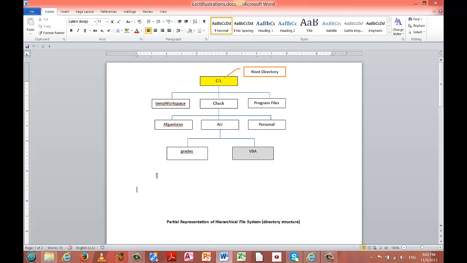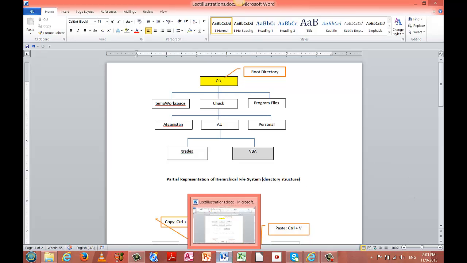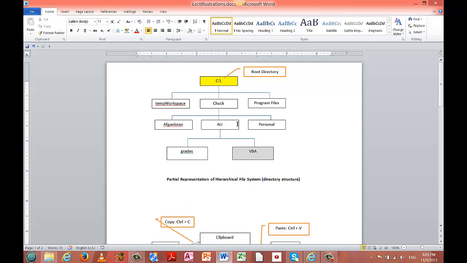Now, one last thing, I have shown you how to access the file system from the operating system itself. Let's take another look here at how we would use the file system from the application perspective. So I have this folder called AU. I have this folder called personal. I'll use my personal folder just to demonstrate with. Okay, and so I'm currently using Microsoft Word, and let's say for whatever reason I want to save this